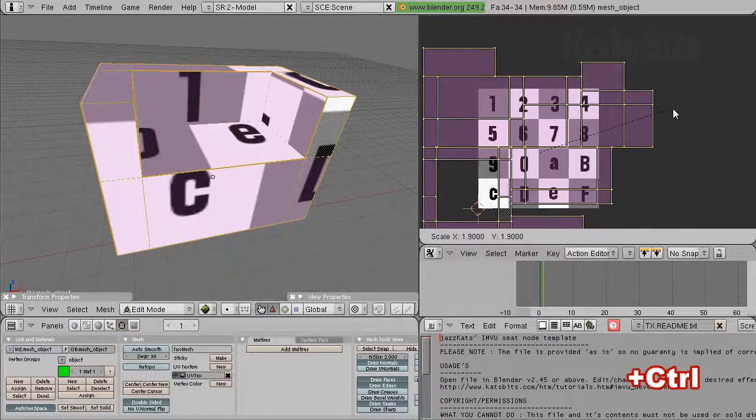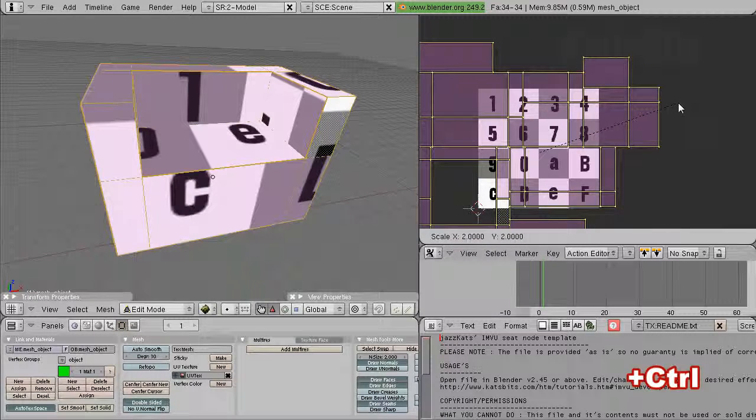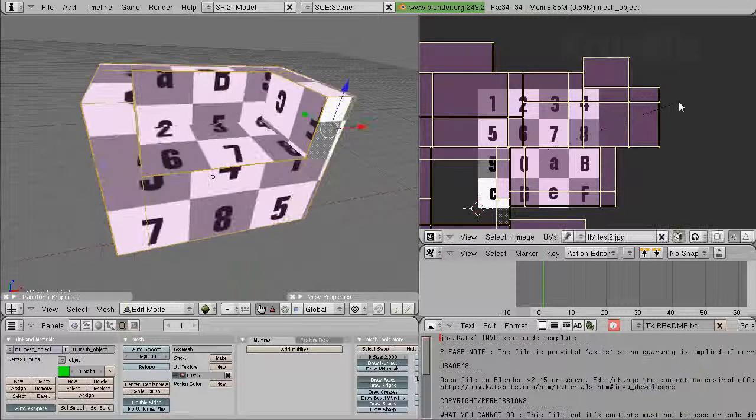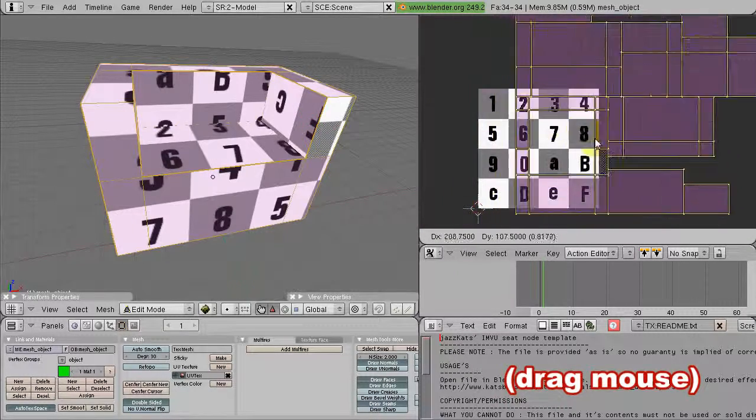Hold the control key down and scale it so that it's approximately twice its original size, as indicated in the bottom left corner where it says scale X is 2, Y is 2. Left mouse click to confirm. And then what we can do is just use the G key, so press G and move the UV map